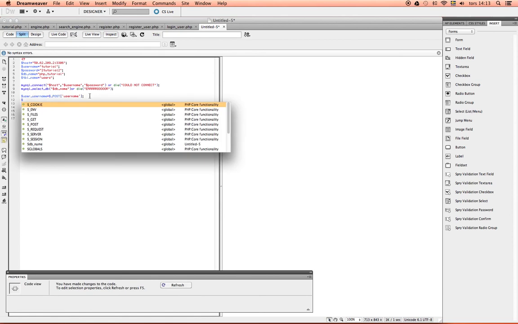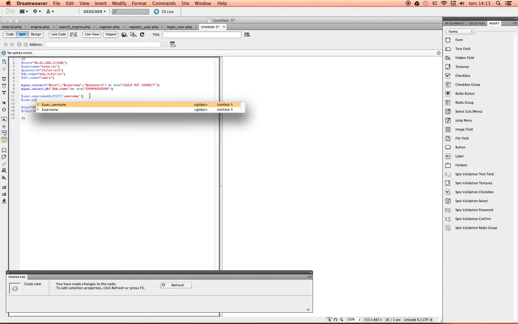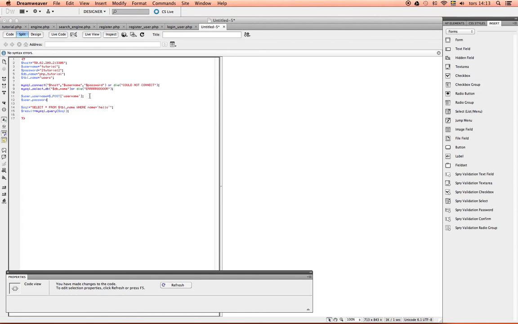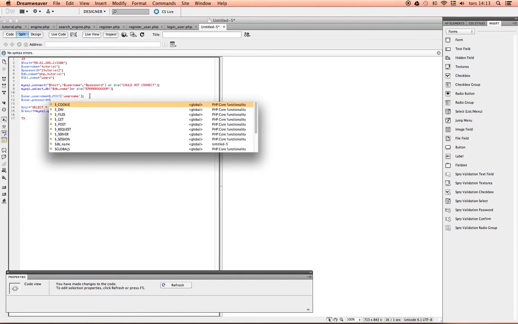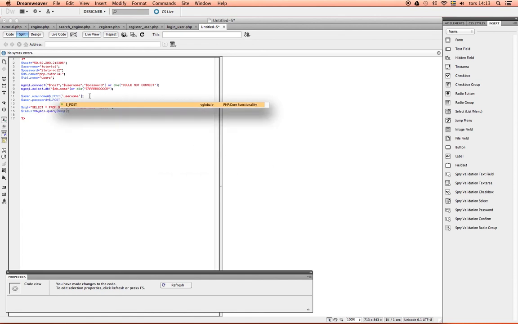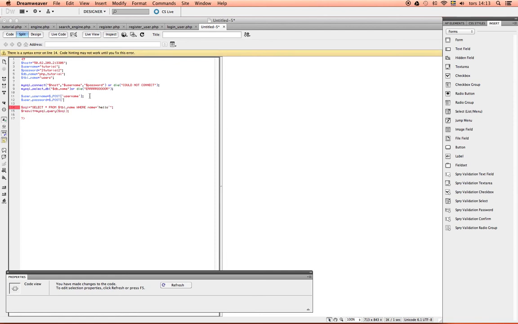And the next string, user underscore password, equals string underscore post password. And that's it. We're gonna select everything, we use the same here. We're gonna select everything